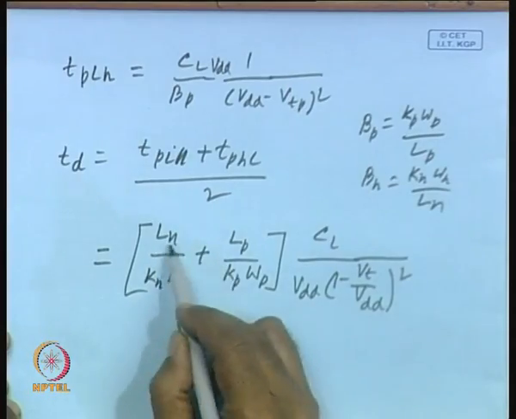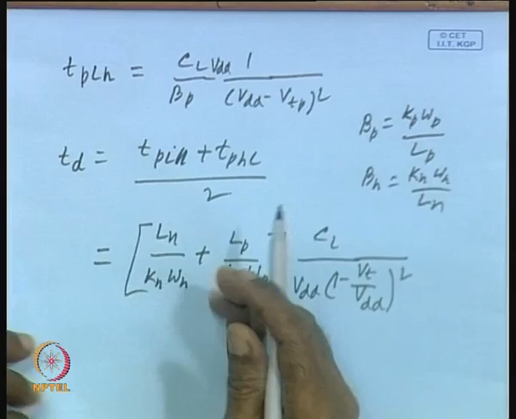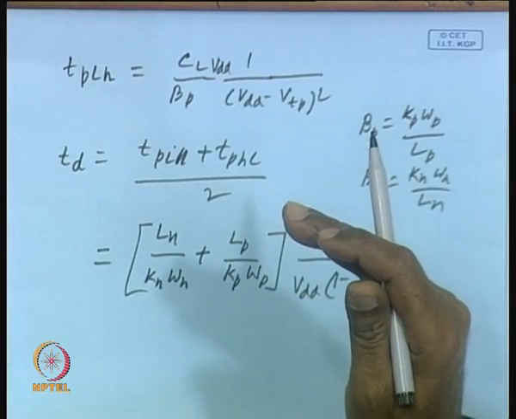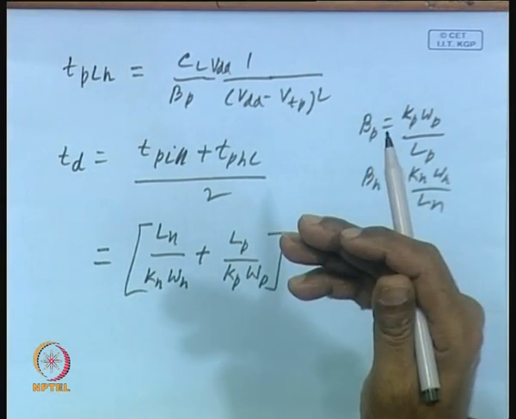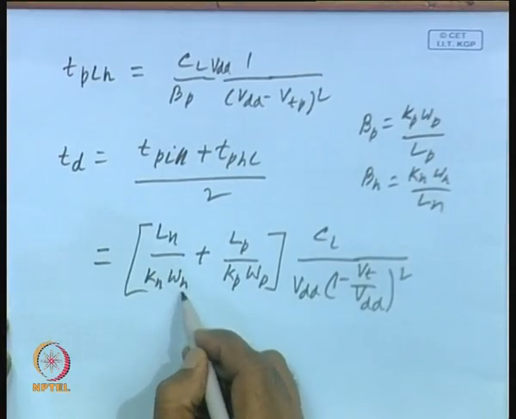Obviously, delay will be more if the length of the device is more. That means resistance will be more, and it will take longer for the electrons to move from one end to the other end. Similarly, if the width is more, then the delay will be